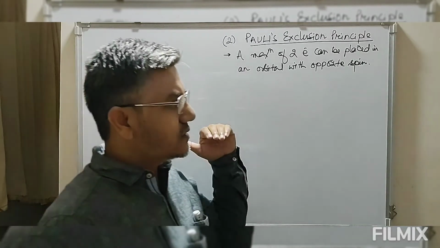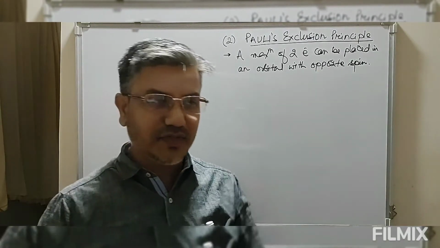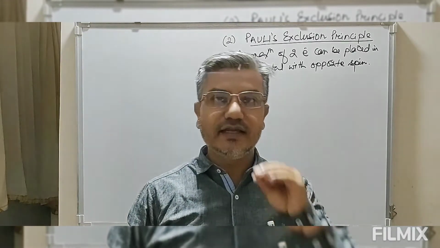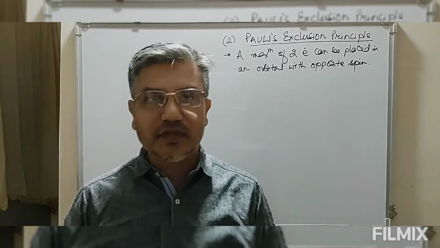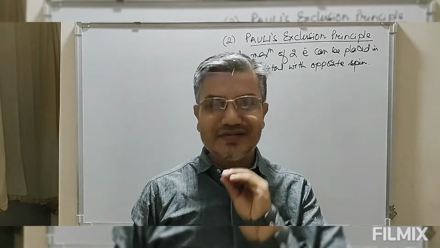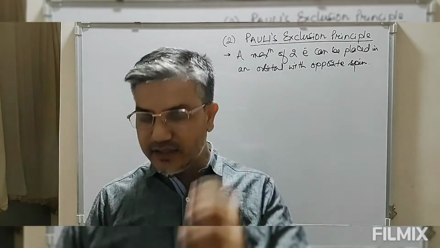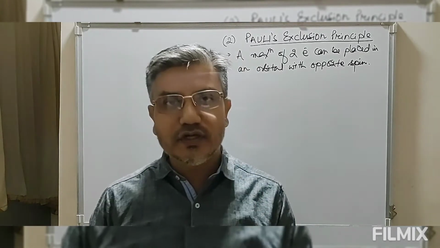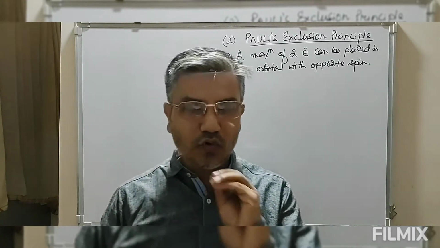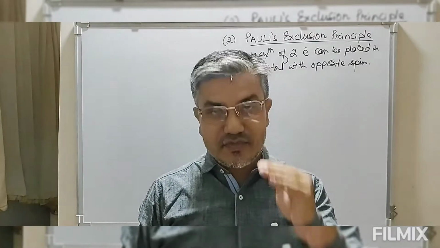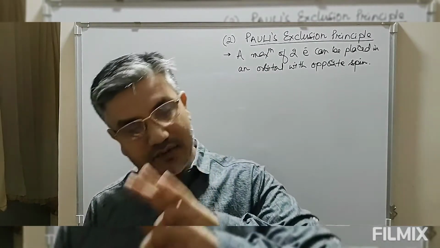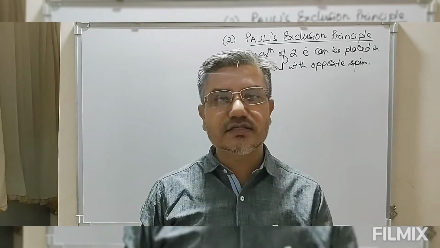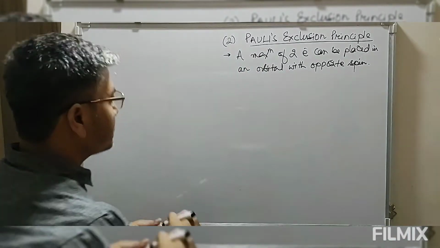Now this is where a maximum of 2 electrons can be placed. But in another way we can also state this: any 2 electrons in an atom cannot have the 4 quantum numbers alike. We can take any 2 electrons in an atom, and these 2 electrons can never have the 4 quantum numbers identical. A maximum of 3 quantum numbers may be the same, but the 4th quantum number should be different. This is another statement of Pauli's rule.